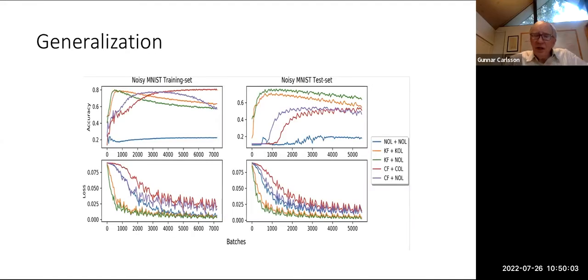So we were talking about generalization before. One way to test generalization would be to take a fixed data set like MNIST and noise it up a little bit, so add Gaussian noise to all the features. Then you can train on the noisy and evaluate on the clean, and also you can train on the clean and evaluate on the noisy. And so if you look here now, what you can see is that when you perform this noising up,